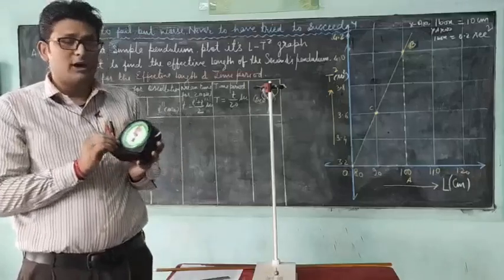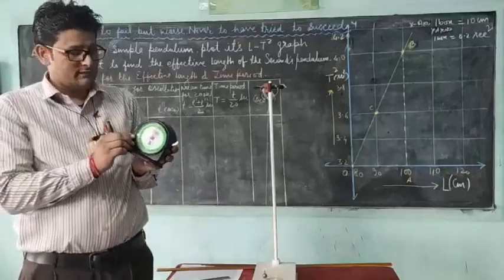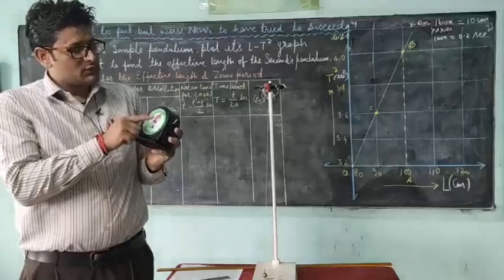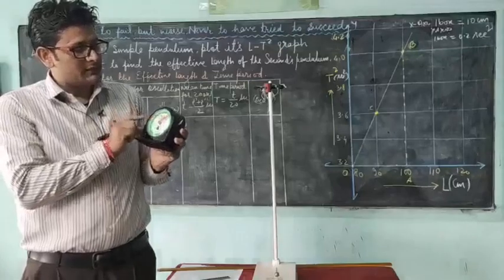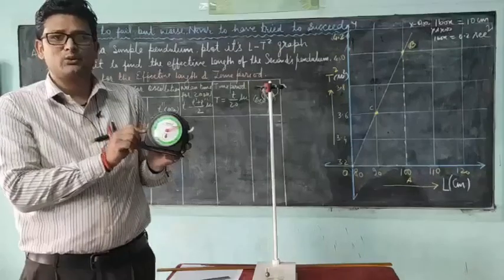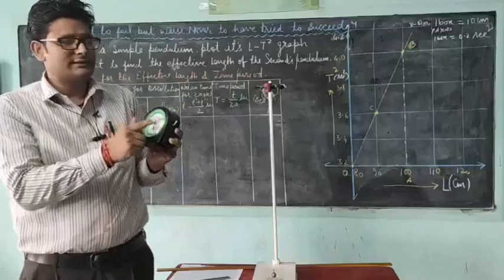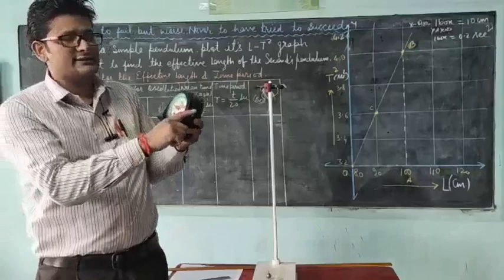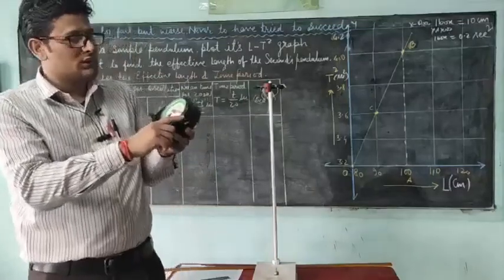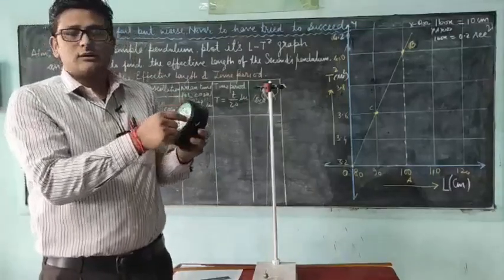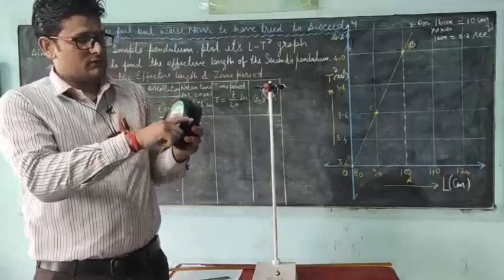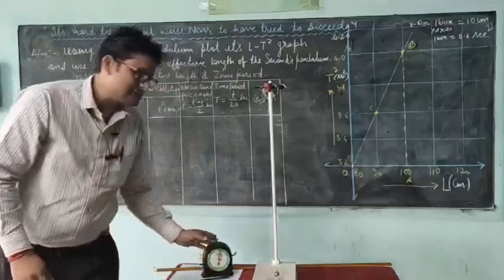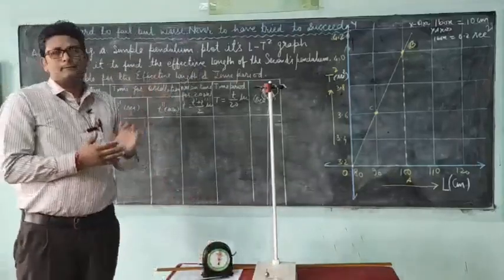And how does it work? When we press it upward one time, it starts moving. Suppose I want to stop at a particular place, then we press it downwards, and we take the reading from 0 to the point where we stopped. The right hand side button is used to reset it to 0; when we press it downward, it will come to 0. Clear? So these are the apparatus used for the practical.